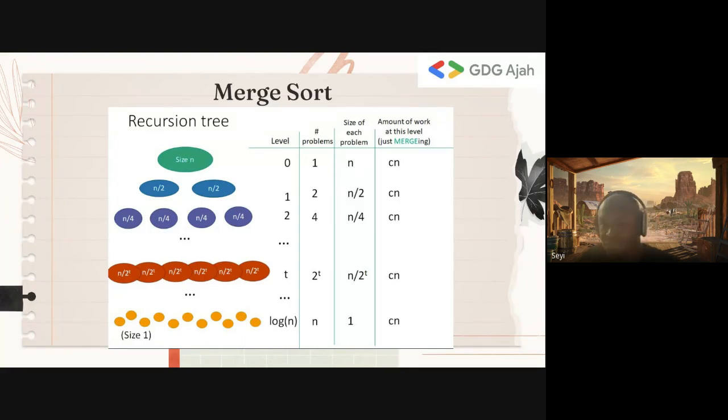Now, in the case of merge sort, it's not easy to know the amount of work we are doing in each circle, because this is part of the sub-problem. But essentially, merging takes linear time. So within each recursive call, we are merging. Let's say we are at the third position now. In this particular circle here, we are doing n over 4 work to do the merging. And if we add up that across this line, we discover that we do O of n work on this line.